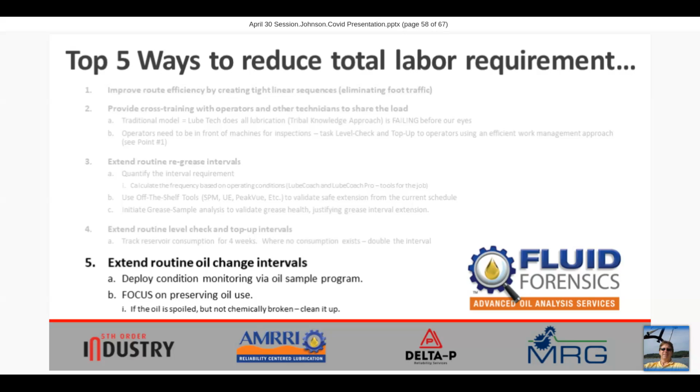In those instances, it makes sense to do an oil change and get a clean, fresh start. But 9 times out of 10, when the lab says change the oil, it's kind of a catch-all in hopes that that might help some other condition that we see there in the machine. Let's focus on routine oil analysis and using that information to drive towards cleaning the oil, not simply replacing it.